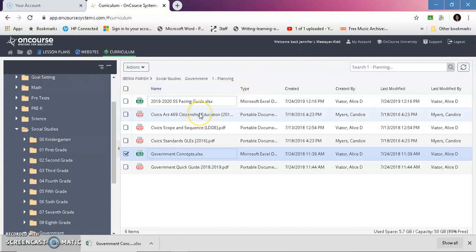So you can kind of see that there. This right here, the Act 469, is because our state government said every student had to take a citizenship test. And so that's the actual act stating why our pre-test is set up the way we do. So here's where you're going to come to get started, besides Louisiana Believes. It's all right here. Louisiana Believes, there's so many hyperlinks. It gets frustrating sometimes. So I just wanted to show you that was right here.